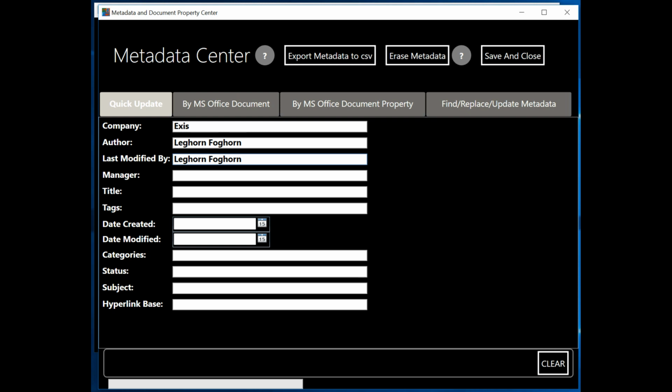Now I could have gone through and filled in the rest of these fields, but I'm not going to do this. This first tab is just strictly so you can quickly update those values if you'd want to do nothing else with this software. Just that will save you a lot of time. There's a lot of other things that we can do, and we'll go through it in the next few minutes, but just right here, very easy, quick update, put in whatever values you want, hit save and close,